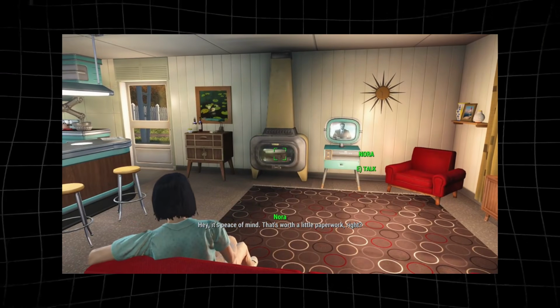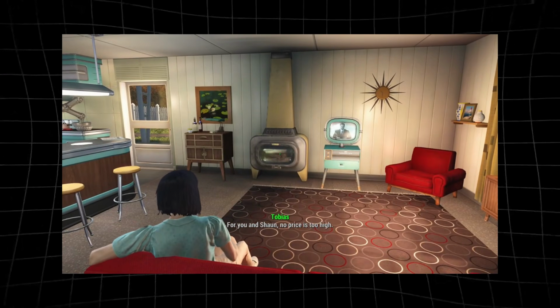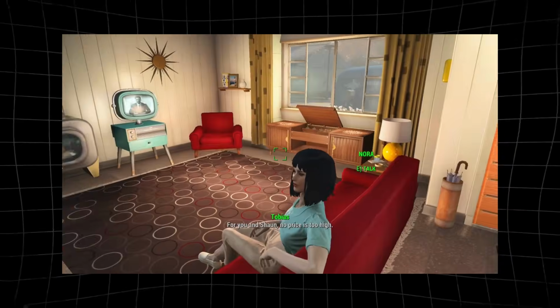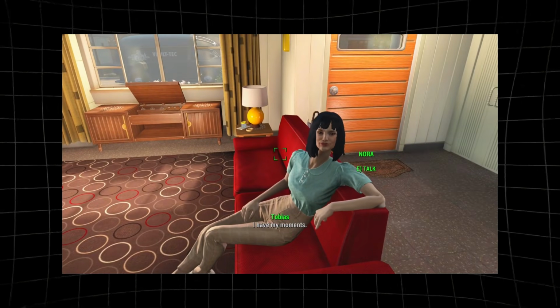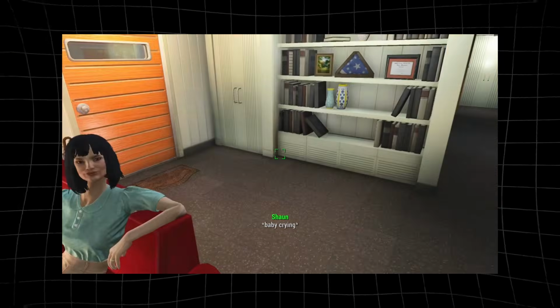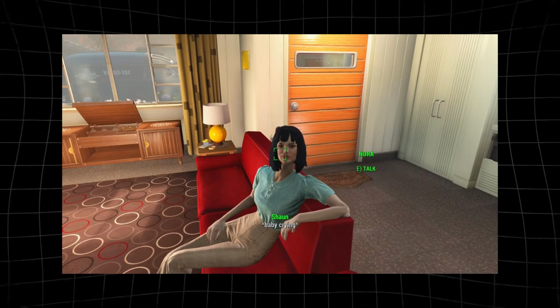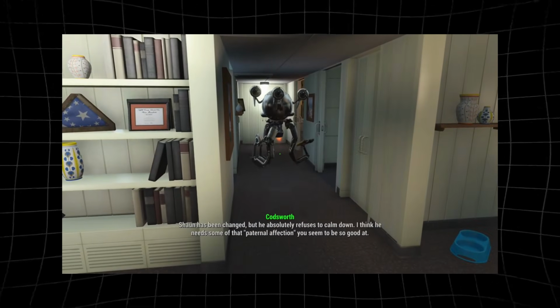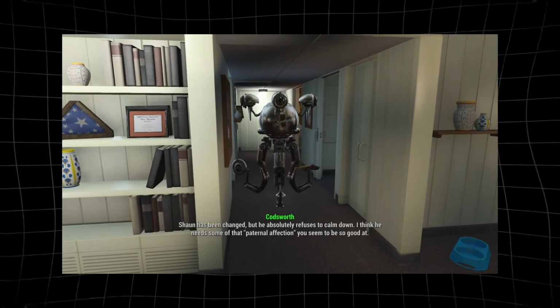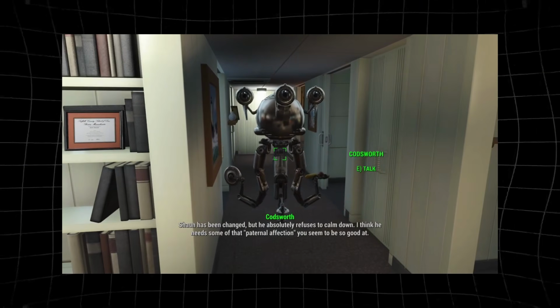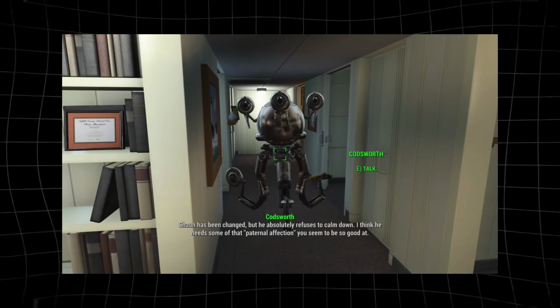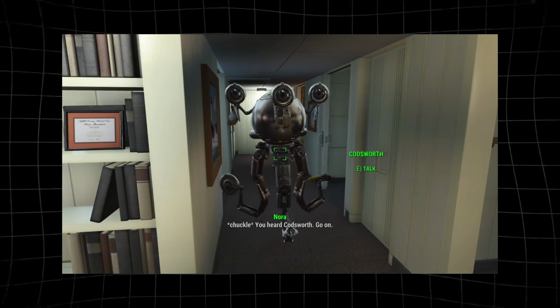What exists in the games from this period are fragments: holotapes recorded by people who thought they might not survive the next few days, terminal entries from organizations that had partially managed to organize themselves, the oral histories that settlements transmitted through the generations in the form of legend and rumor and cautionary tale. What is clear is that the chaos was enormous, and the death toll continued climbing for years after the bombs